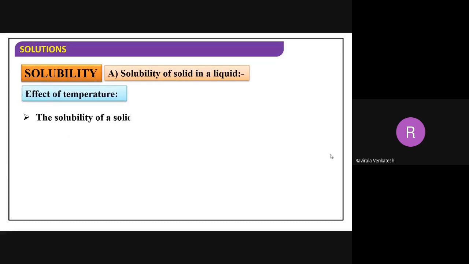Next, effect of temperature. Let me discuss the effect of temperature, it may be useful for the examination. Very important, beta. Generally what happens if you increase the temperature, does solubility increase or decrease? Increases. Is solubility affected by temperature or not? Yes, sir. If I increase the temperature, solubility increases. 99% it will increase. And what about that 1%? That depends upon which type of process it is.